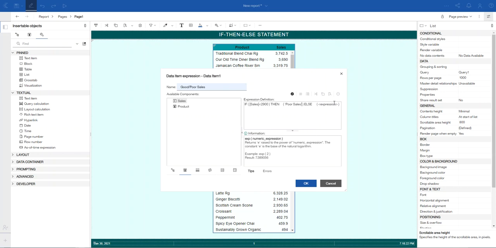Else, delete there and then put in what you want. Else good sales.